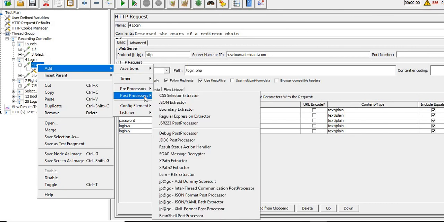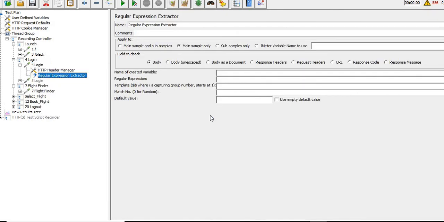So we are applying a post processor over here, regular expression extractor, giving it the name pass count. Template is $1.